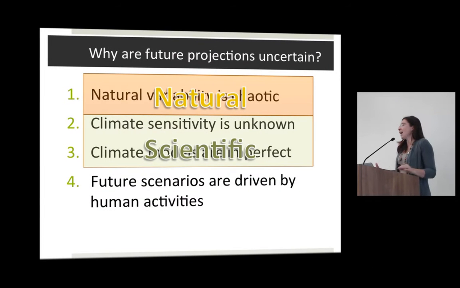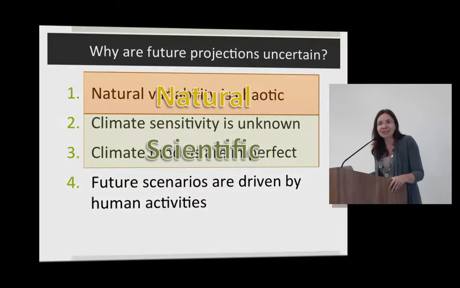Climate sensitivity is the result of feedbacks, or as Susan would call them, I don't know if she mentioned this yesterday, but a lot of our words are not well chosen because if I give you positive feedback on your paper, what do you think that means? Did you talk about this yesterday? Yeah. Okay, good. It means you did great, right? Whereas if we have positive feedback in the climate system, what does that mean? It means runaway global warming. It's a bad thing. So it's really better to talk about vicious cycles than positive feedback, and that's a tension that we always have, along with many other words, which I'm sure Susan brought up.